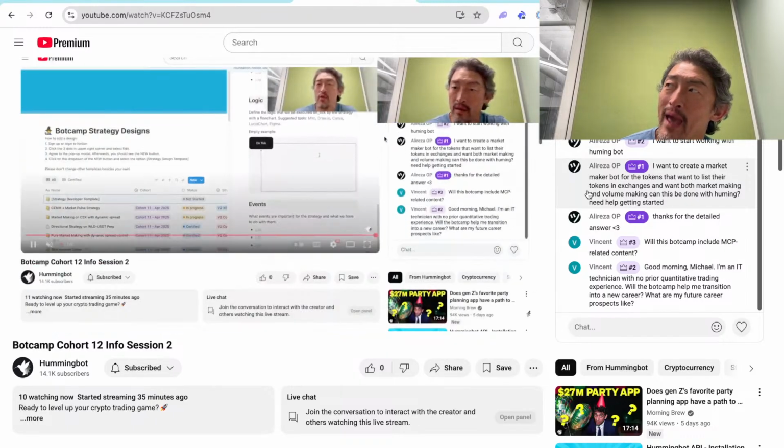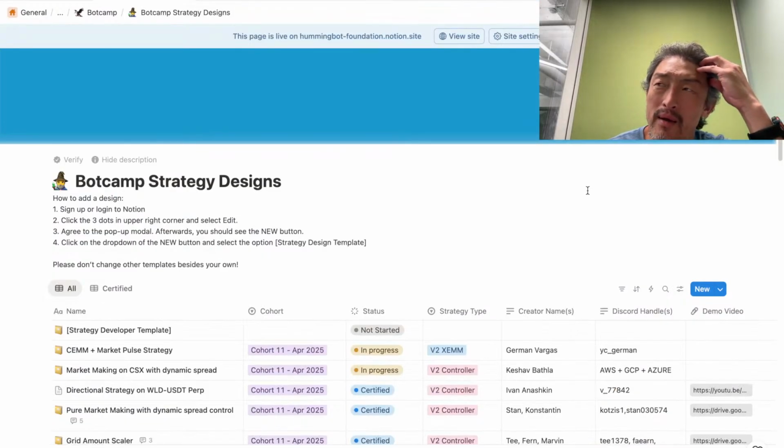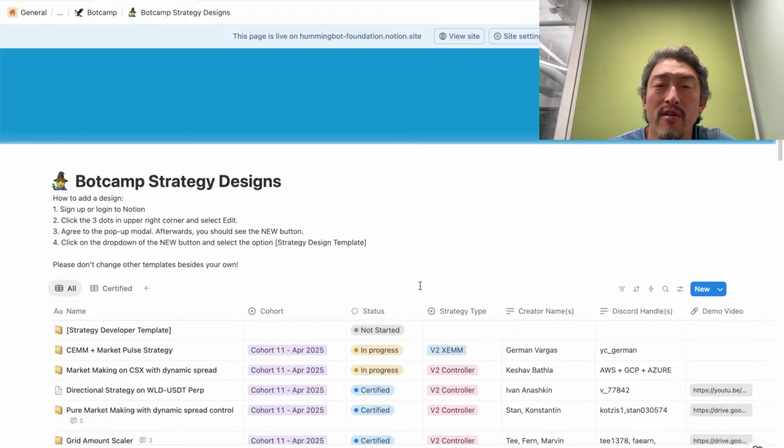Overall, I think that if you have development experience, Botcamp can probably help you. I want to caveat by saying that this is a pretty intensive bootcamp designed for folks with some amount of either development experience in Python or experience doing crypto trading. So usually we have two types of students coming through the Botcamp. One are developers that are looking to upskill their crypto trading experience, and the other are crypto traders that are looking to upskill their developer experience.